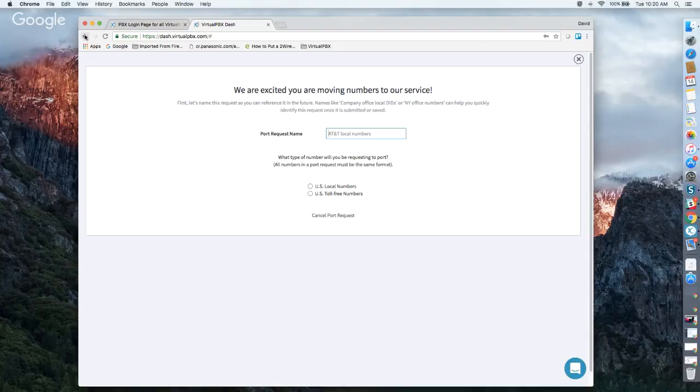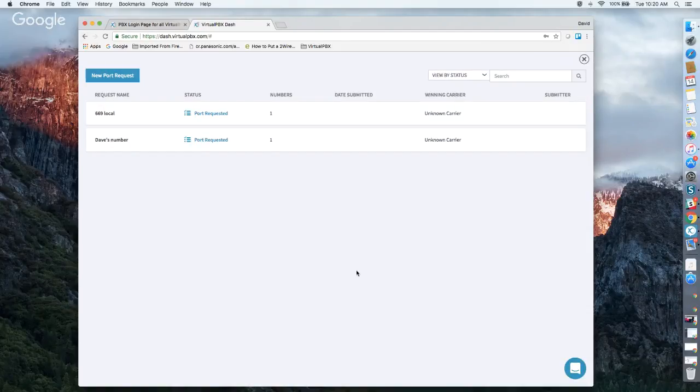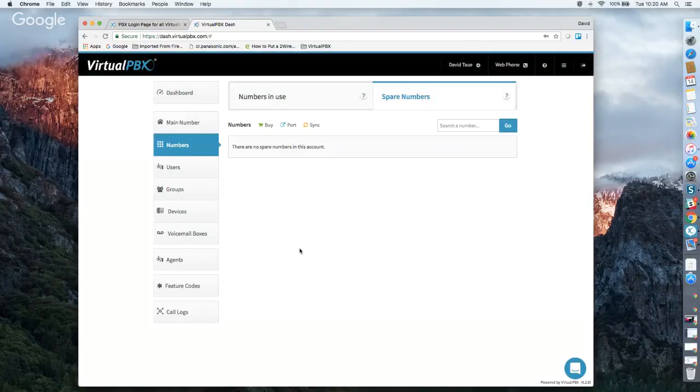The main thing to remember about a port request is that both sides of the port need to be active, meaning that you have to have an account on both sides of the port. Once the port completes, if you have no other use for the account where that phone number originally came from, then you can close that account. But until it actually has completed,